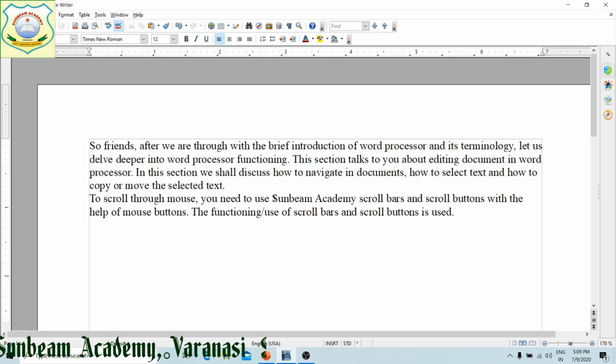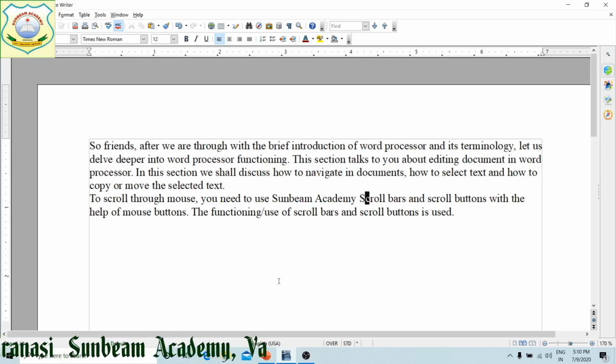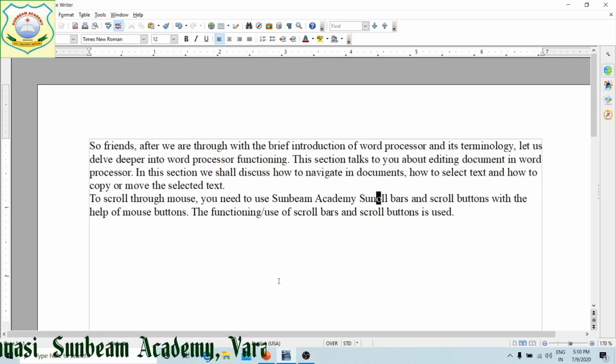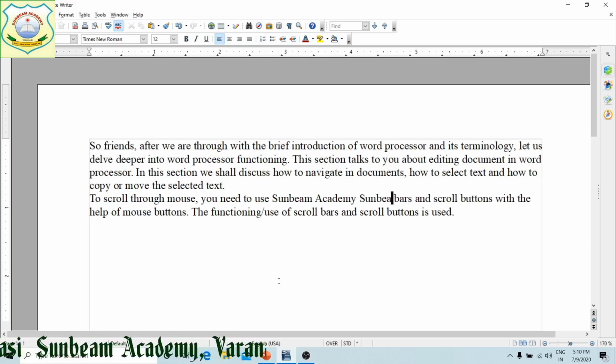Secondly, if you want to see over mode, then what will we do? To use our over mode, now it is over mode, just click on that one. Now you can see on the character the cursor is blinking. Now if I write again the name of the school, small s has gone, Sunbeam.